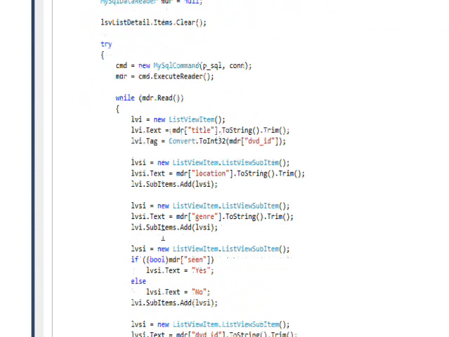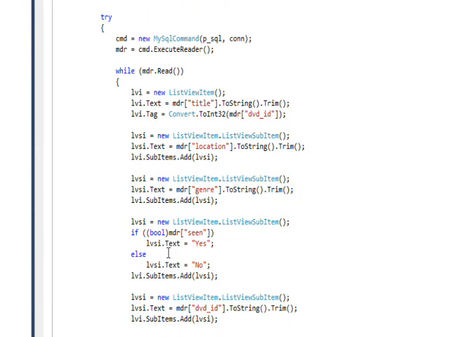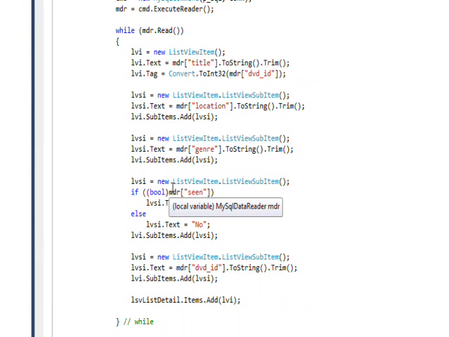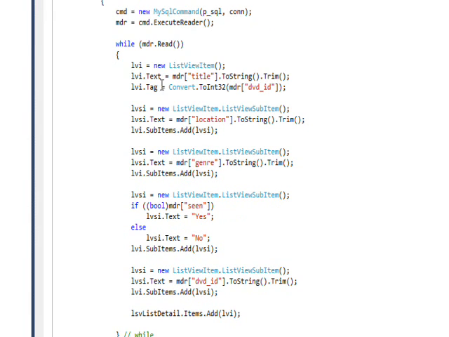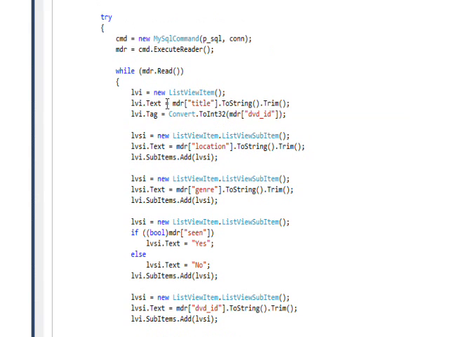And then we go through in a while loop and look at each of the records in the database that got selected by this select statement, and we create a list view line for each of the items,